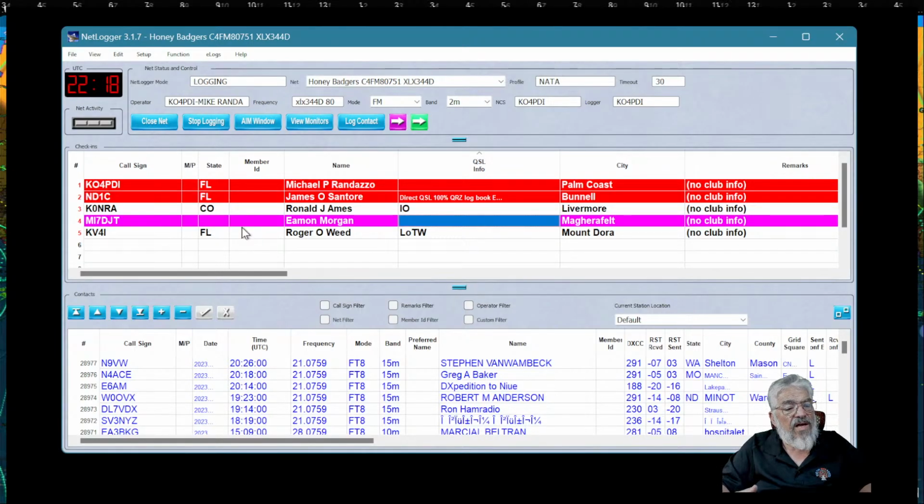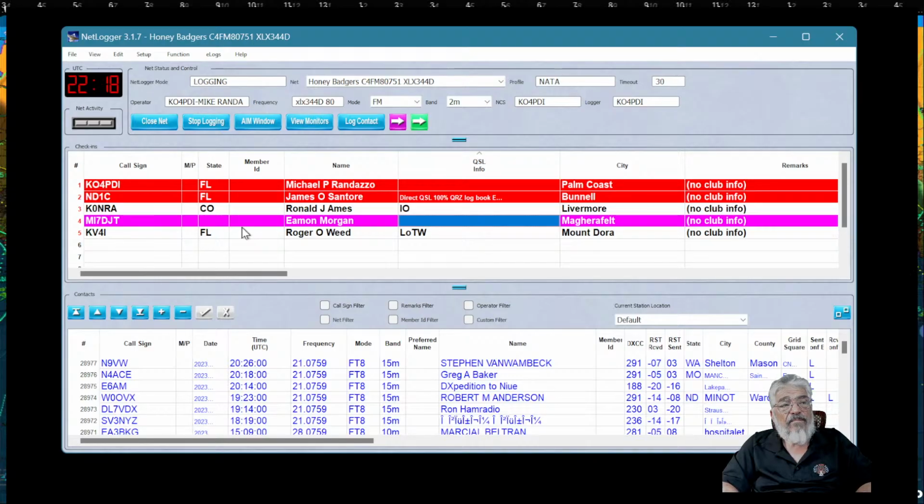Nets are a lot of fun, and it really depresses me that people down here in Florida and such don't use these radios enough. We're trying to make it accessible to just about anybody. I set up the XLX 344 room D. I worked with Greg, K6EGG out in California. He has 344A or B he uses. And I asked, can I use D? If I run a net, can I use D to keep track of people and access the rooms that we're going to? So they said, yeah.